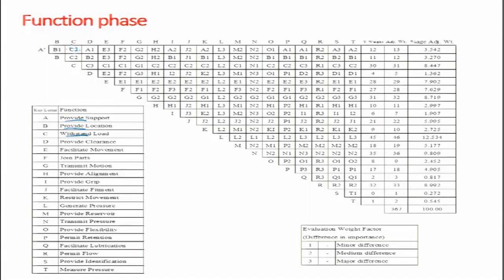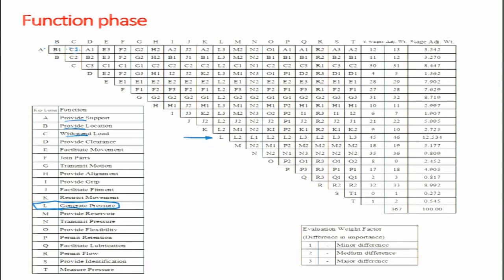You know, the basic thing is the customer requires something to generate pressure. So, generate pressure would always be the highest order function. The primary function has to be the rank 1 function. If that does not come, that means there is some error or some ambiguity in the development of the numerical comparison sheet. So, if we see generate pressure, that is function L. Okay, function L is here.